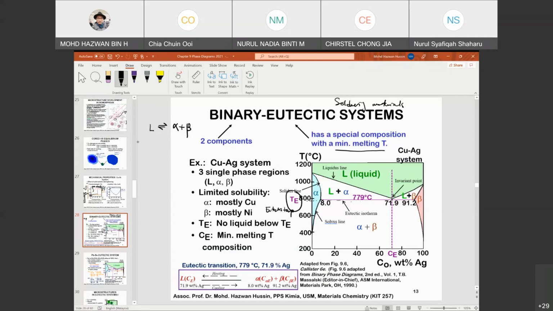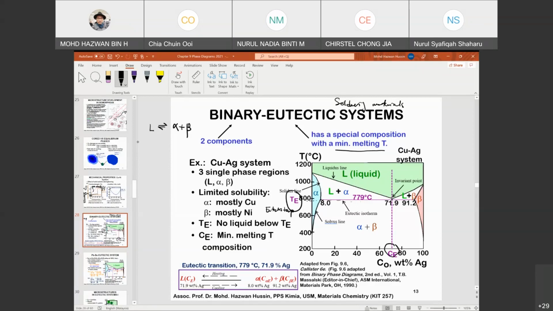In between, beta also has a mixture of phases, liquid plus beta. The composition of eutectic is known as Ce. Ce exists at the overlapping of the liquidus lines. So this is known as the invariant point,